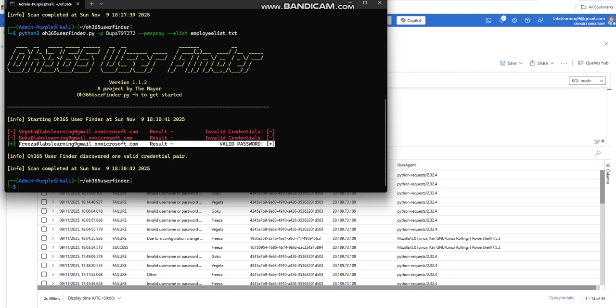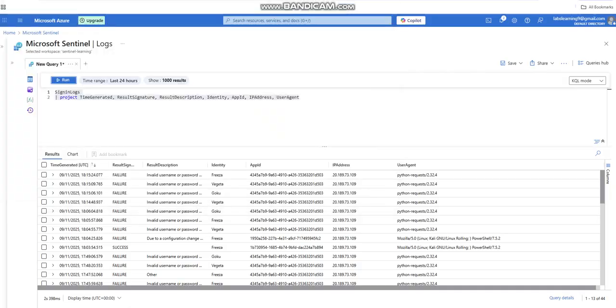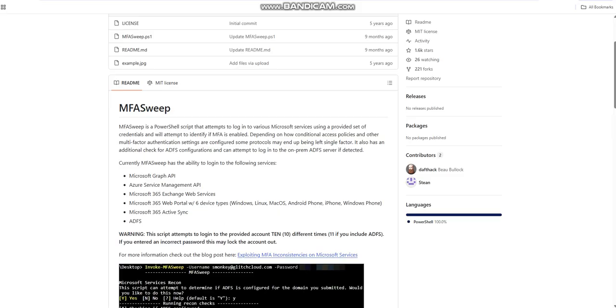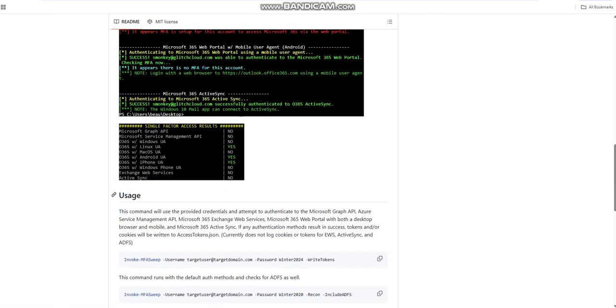Now the next logical step after guessing the password is running an MFA sweep, which we will not cover in this session, but I quickly want to show you what it does. When you run MFA sweep, it's actually a PowerShell script that attempts to log into various Microsoft services using a provided set of credentials, which you already have, and will attempt to identify if MFA is enabled or not. When you run the script, at the end you'll get an output wherein it will say that,